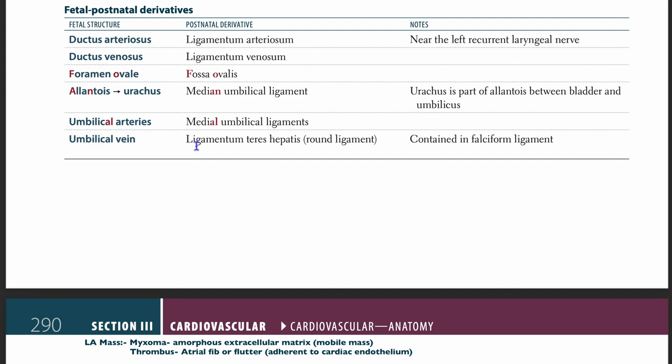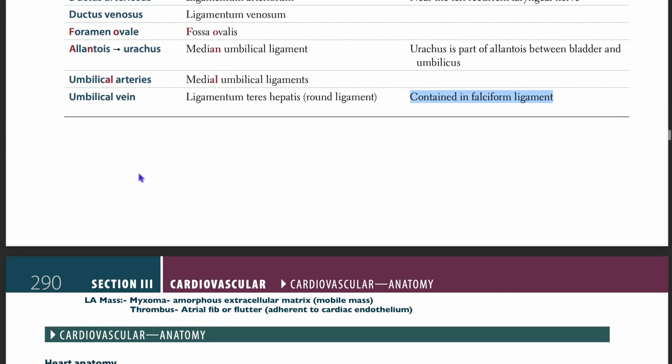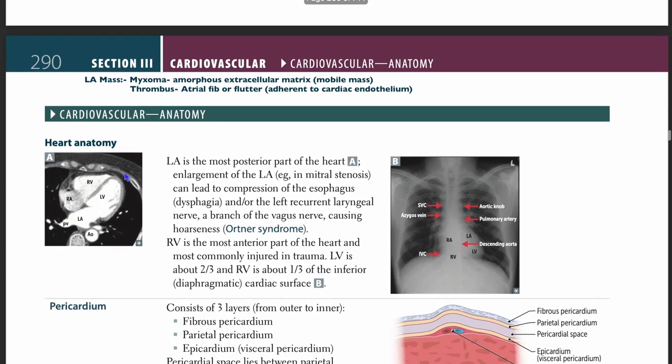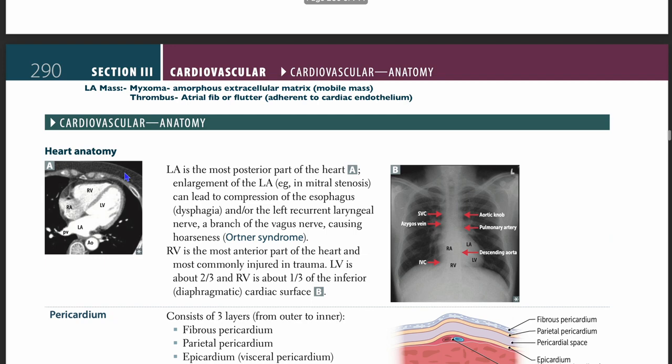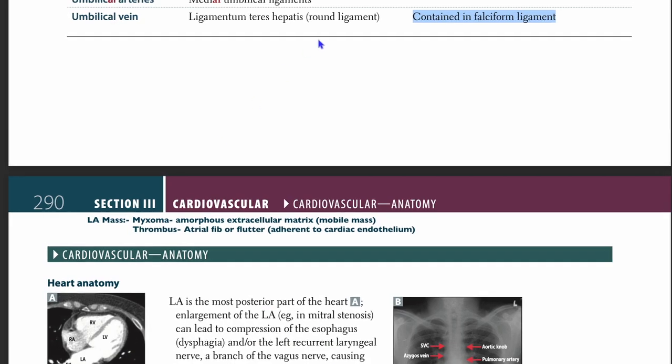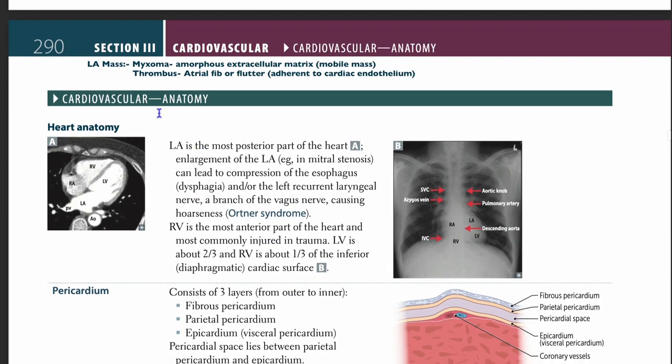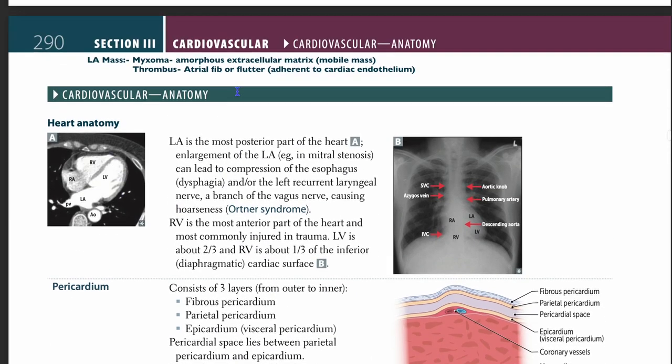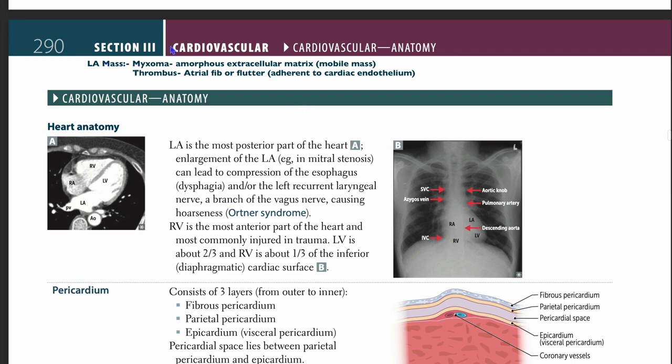And then you have the umbilical vein, turning into ligamentum teres hepatis, the round ligament. This is an important structure as well. It's contained in the falciform ligament. So we'll do at least 3 of these in GIT or repro. I forget now. Probably GIT because that one is on the liver, in front of the liver. Okay, we have anatomy. Oh yeah. So before we go on,